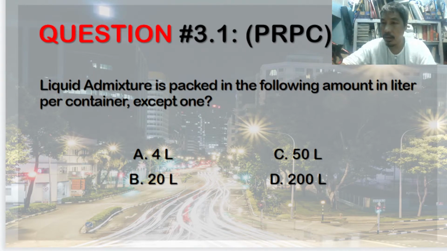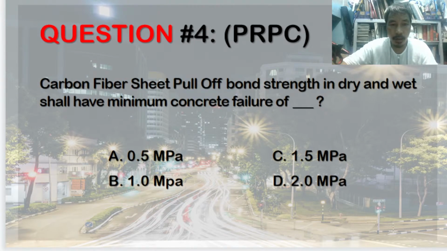So 20 liters is about the pail, the conventional pail. Okay, so 4 liters is about 1 gallon, more than 1 gallon of admixture. Then number 4, carbon fiber sheet full of bond strength in dry and wet shall have minimum concrete failure of. So carbon fiber is being used particularly in bridges. Okay, it is not being used in, for example, roads. It's being used in bridge application because bridges usually fail due to